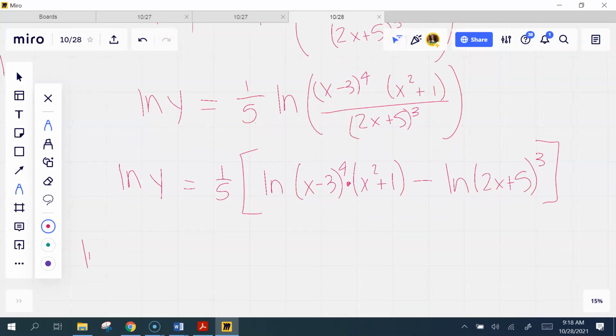So now I have log y equals 1/5. Remember that 1/5 is going to everybody. The log of x minus 3 to the 4th plus the log of x squared plus 1 minus,